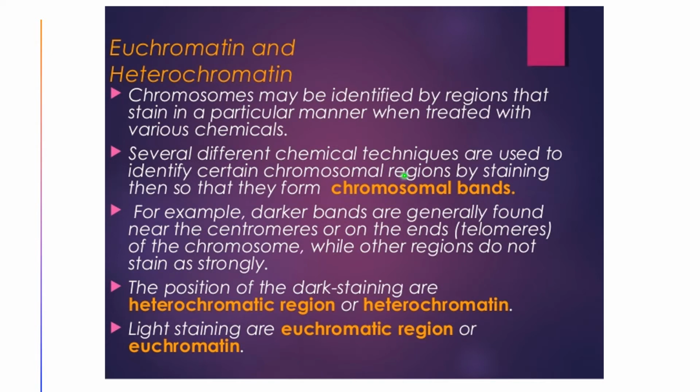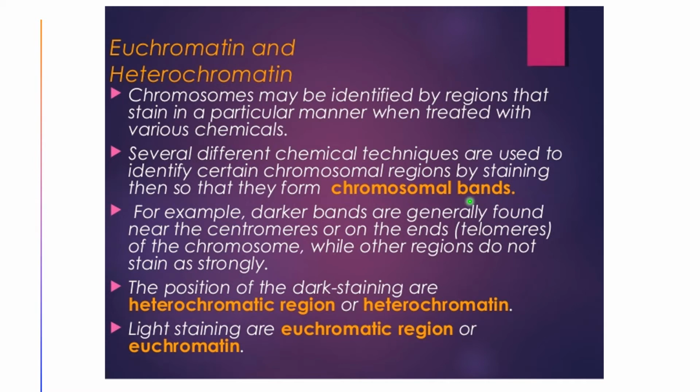Several different chemical techniques are used to identify certain chromosomal regions by staining them, and they form chromosomal bands. So on the chromosome, there are certain regions, but the regions cannot be identified on their own. Some staining agents, some chemicals are required for recognizing those chromosomal regions. So those regions which show different staining areas are nothing but chromosomal bands on